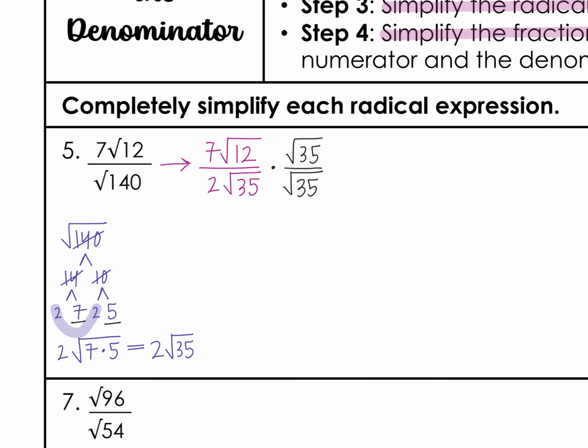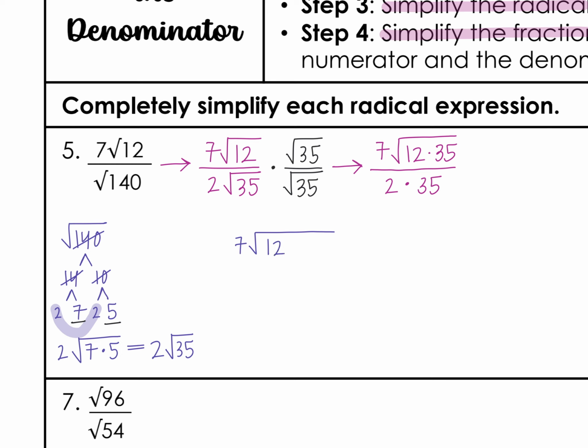Okay, once you do that, then you can multiply. So we've got that 7 is an outside number, and then we're going to multiply the inside numbers together, so that 12 times 35. Then in my denominator here, I have that 2 times the root 35 times root 35 should just become 35. So I'm going to go ahead and bring this numerator back down here, and I'm going to simplify